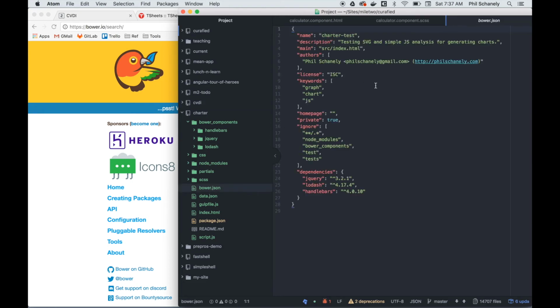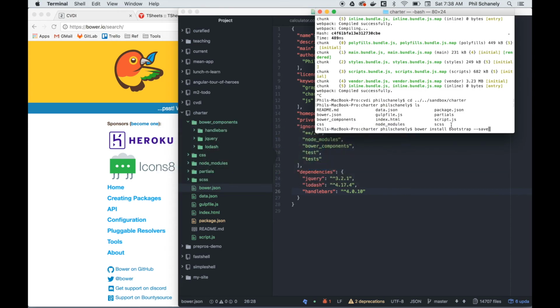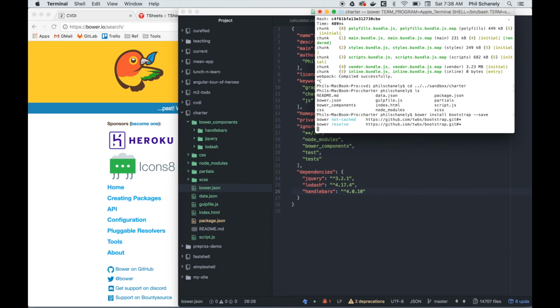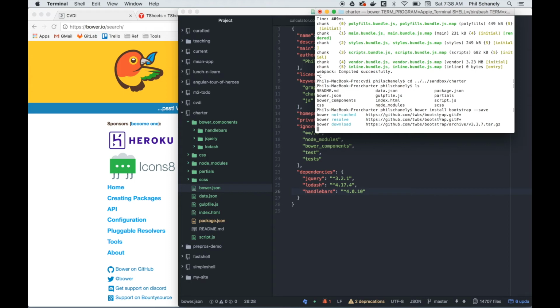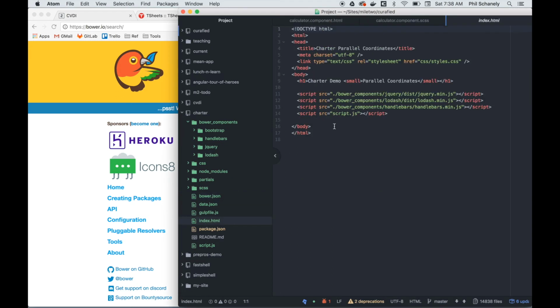There's a Bower JSON file. This is keeping track of all of the libraries I've installed. You can see Handlebars, jQuery, and Lodash are 3 of those. So when I type in this command, Bower has gone out and found that Bootstrap file, and it's downloaded it into my project and added it to the registry. Isn't that pretty cool? So now all I need to do is go to my actual source file,